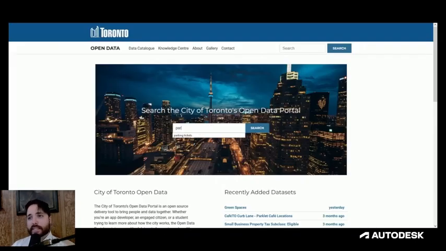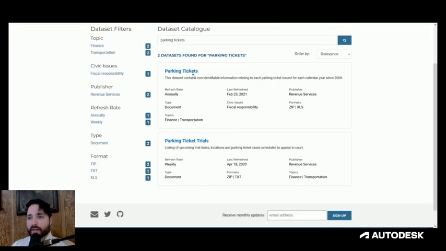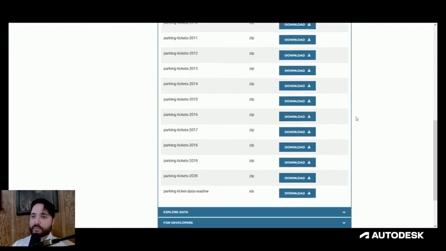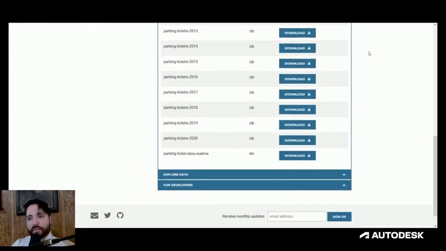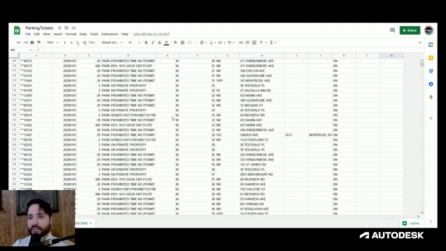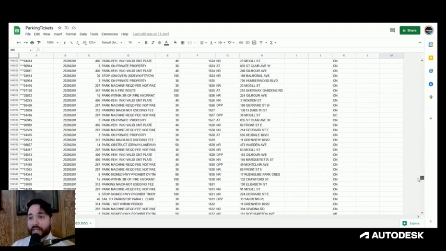I was playing around with ideas and came across parking ticket infraction data for the city of Toronto. Now, there's a ton of really cool open data sources you can pull from, but I figured this would be a pretty good place to start. I thought it'd be fun to try and plot that data in 3ds Max and see what kind of animation I could create. For my limited experience, there was a lot of cleanup that actually had to happen,